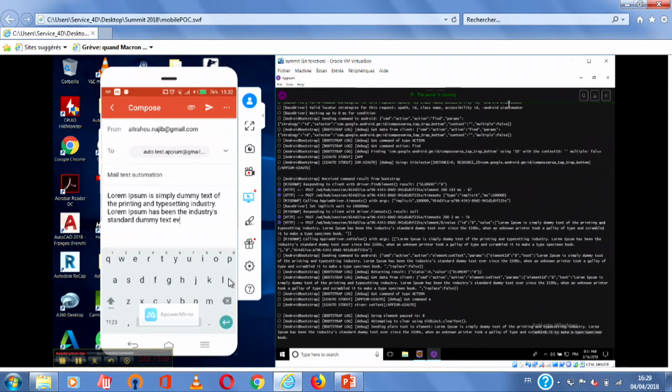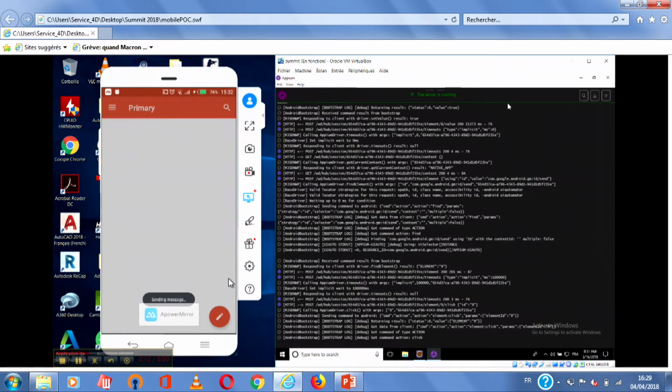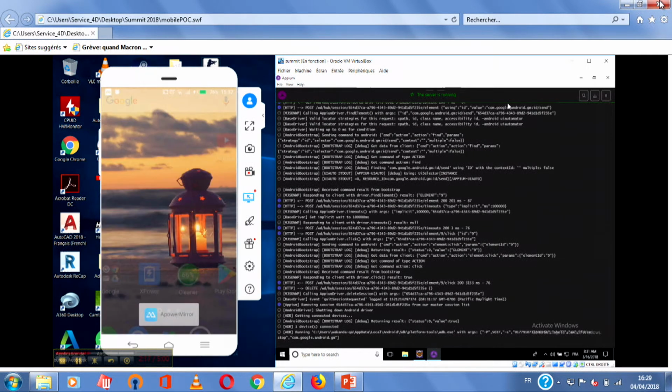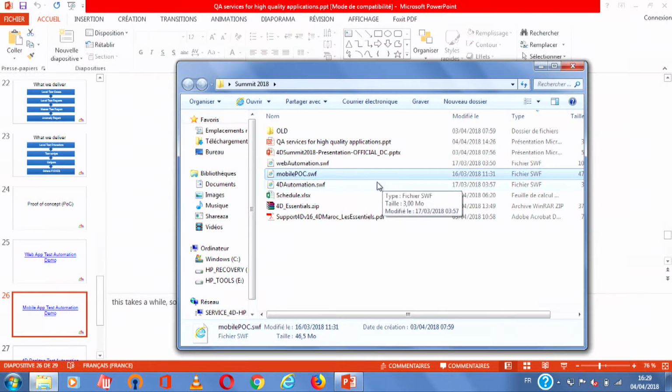Then we send the email, and the third one will be for desktop application.